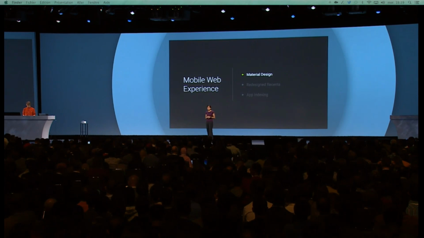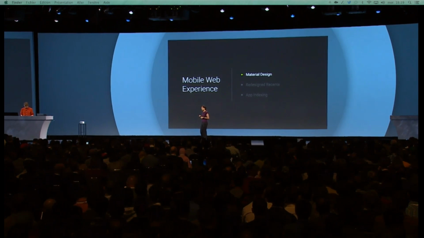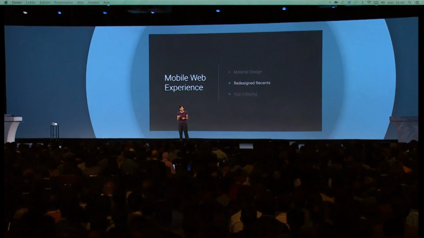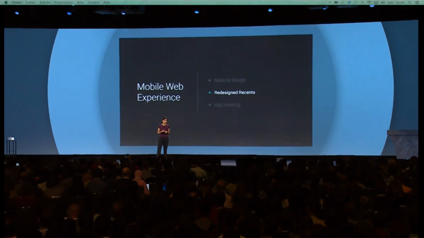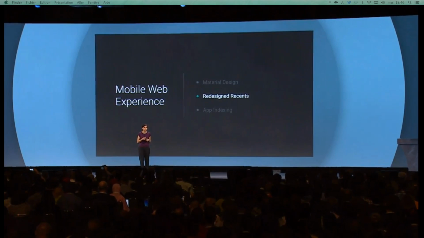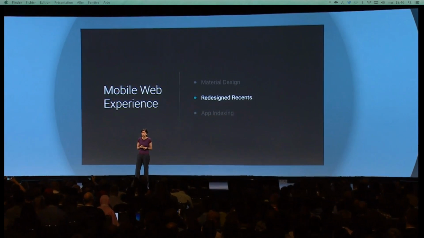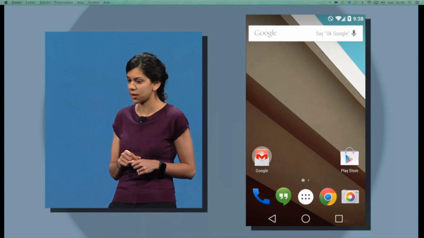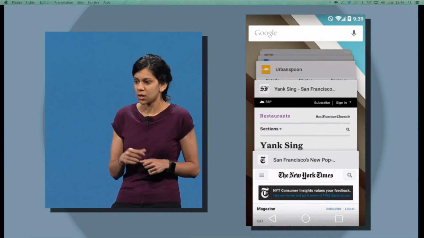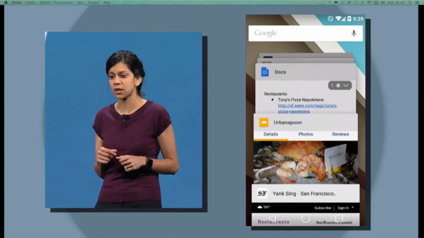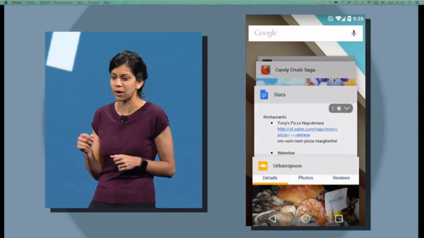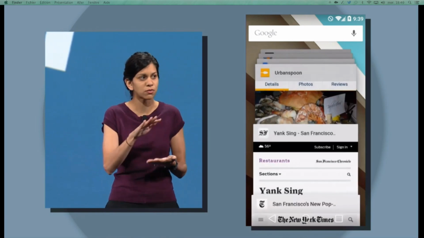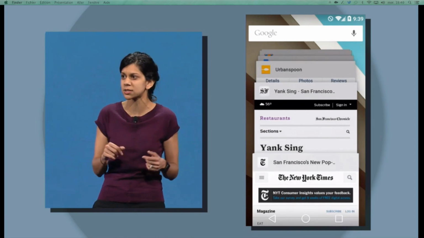The next big area we've been thinking about is how to help you multitask. And we think the recent feature in Android is one way we can actually make this easier, especially as tasks cross both the web and apps. So once again, Tom is going to walk us through the changes here. So Tom, let's go ahead and click on that Recents icon in the lower right. Now, as Tom scrolls through, the first thing that you'll notice is Recents has also been grounded in material design. You'll notice the overlapping cards have been rendered with realistic